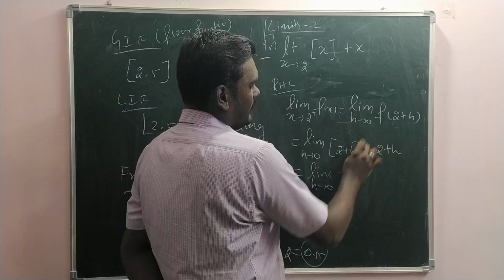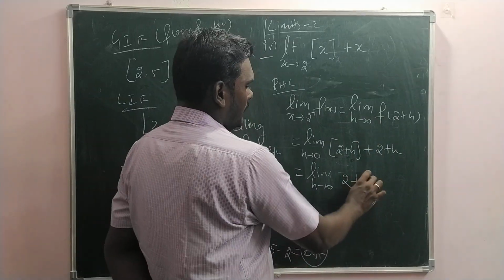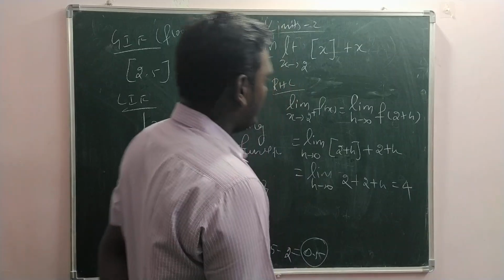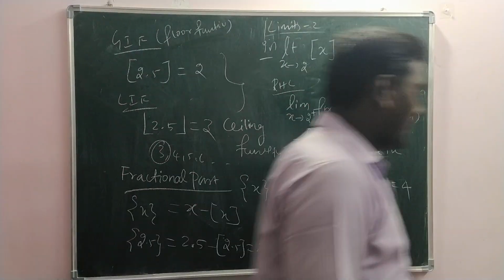2 for this greatest integer function. Okay, then here 2 plus h already is there. When h approaches 0, I will get 4. That is the right hand limit. And for the left hand limit,